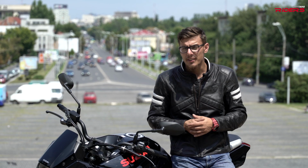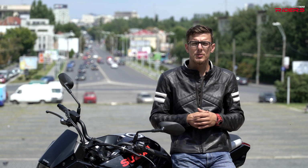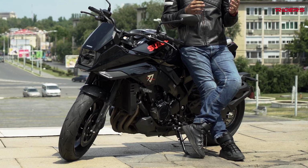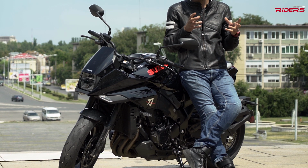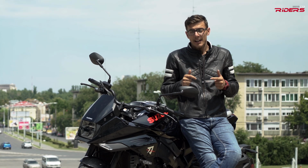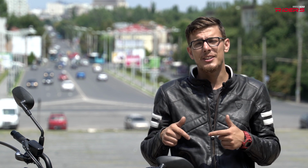It was around 25 years ago when I first saw the Suzuki Katana. I was pretty impressed. One of my neighbors pulled up with the bike, and I was impressed by the noise of the engine, the 4 cylinders, and everything was looking very, very different, very futuristic on it. Nowadays I get to test one, and it's a very good feeling, because this bike over here is the new